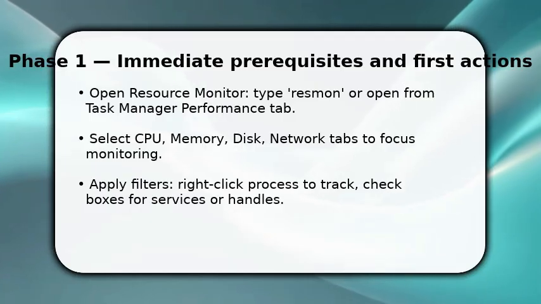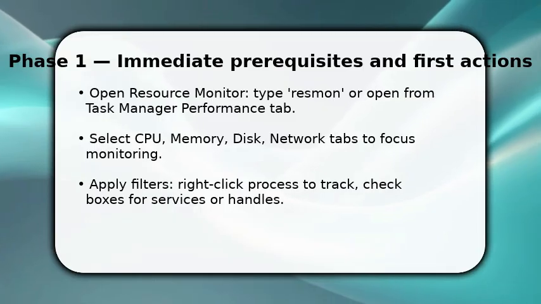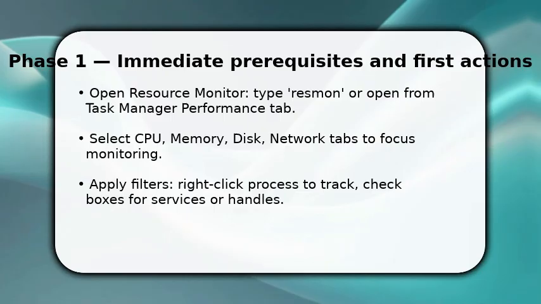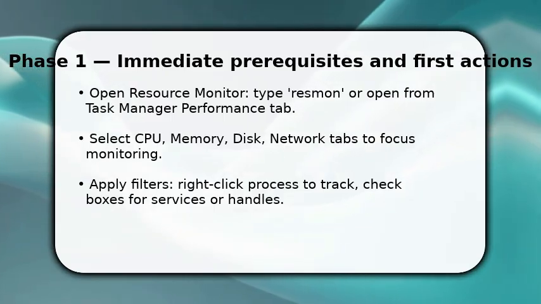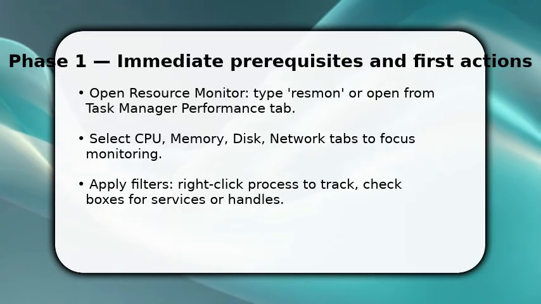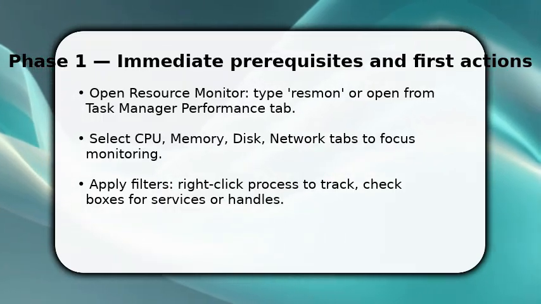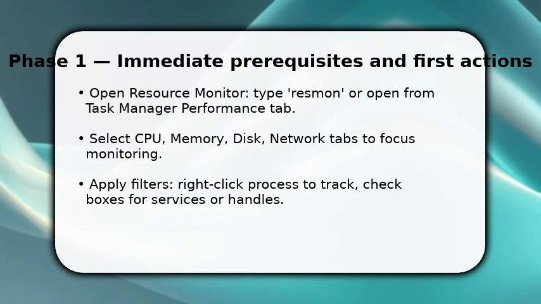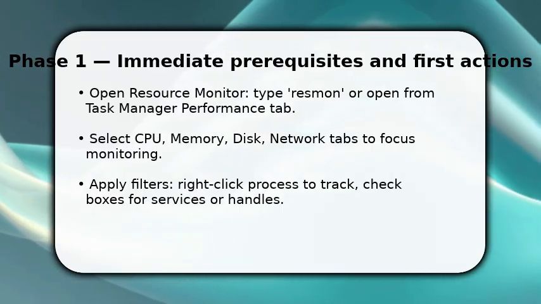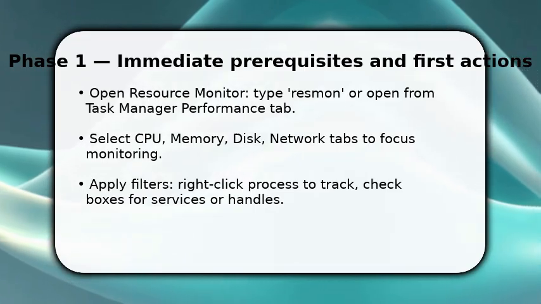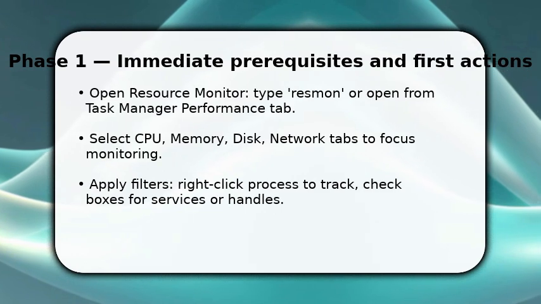You start Resource Monitor right now by opening Task Manager, clicking Performance, then Resource Monitor, or typing Resmon and pressing Enter. You want to target a process immediately, so expand the CPU tab and check a process to follow its threads. Once done, make sure to enable the Memory tab to view hard faults and commit size. This gives you immediate, live insight into what consumes cycles, memory, disk I/O, and network traffic, so you can prioritize